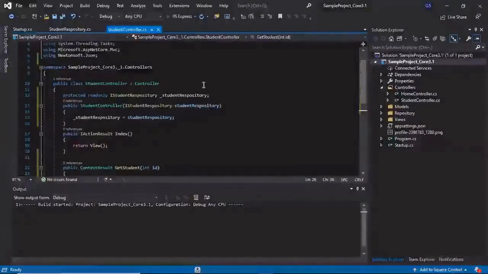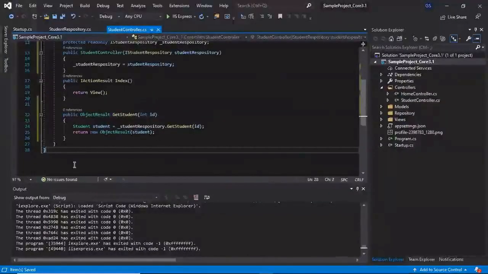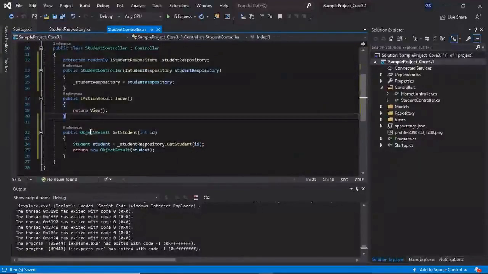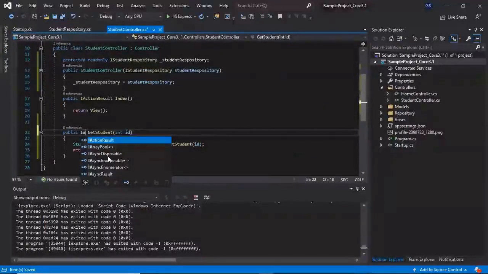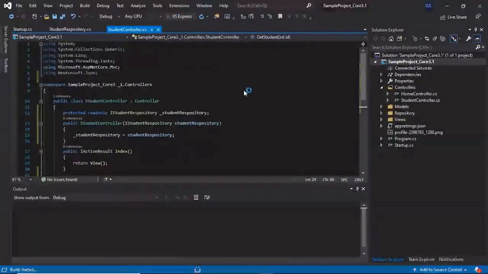So let's run and see. Look, we are getting the data in our browser. Now another way of returning the data is a view result. So let's change this to IActionResult and return a view. Let's run and see.